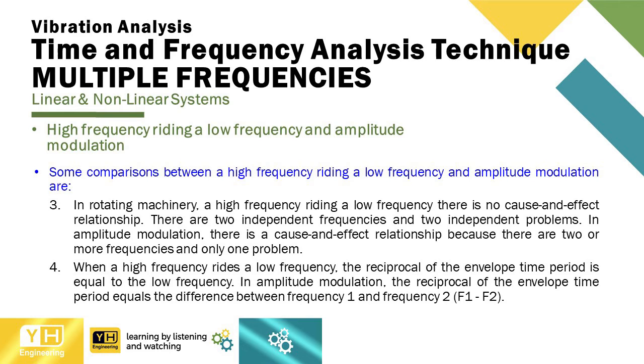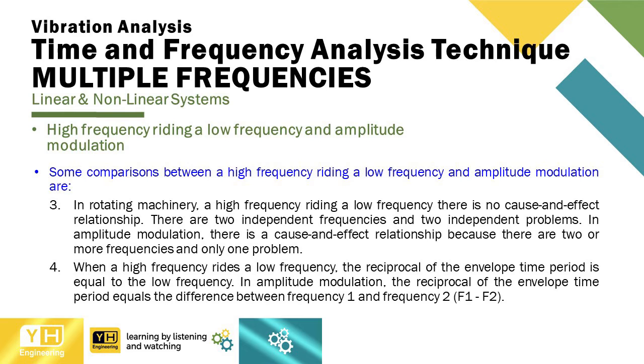problem. Number 4 is, when a high frequency rides a low frequency, the reciprocal of the envelope time period is equal to the low frequency. In amplitude modulation, the reciprocal of the envelope time period equals the difference between frequency 1 and frequency 2, or